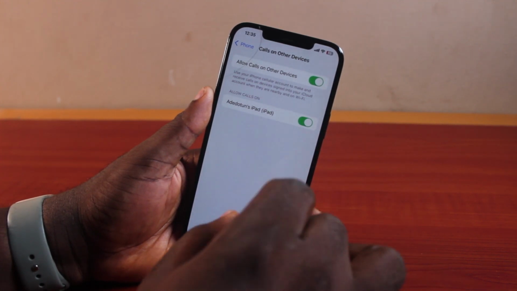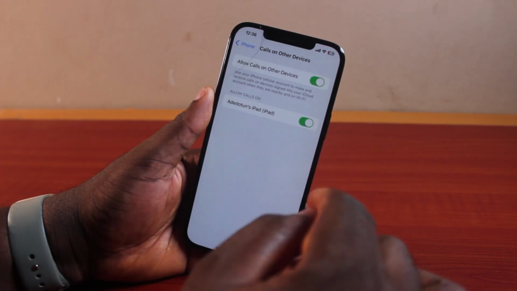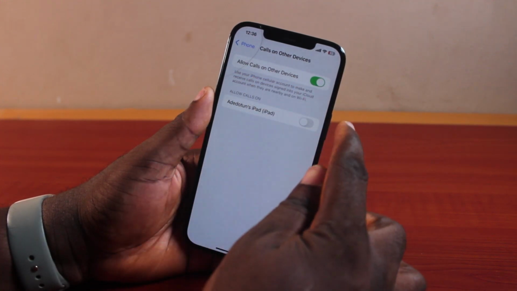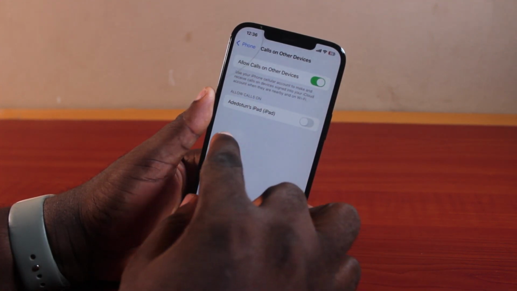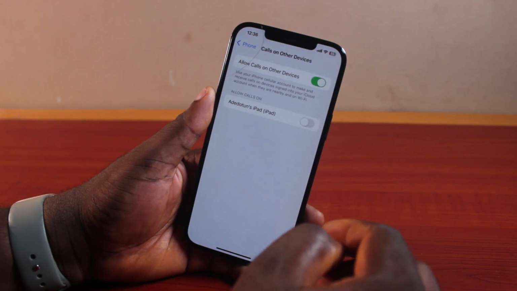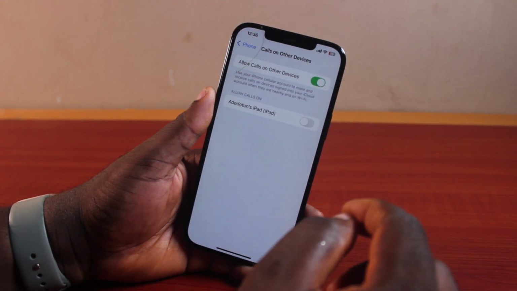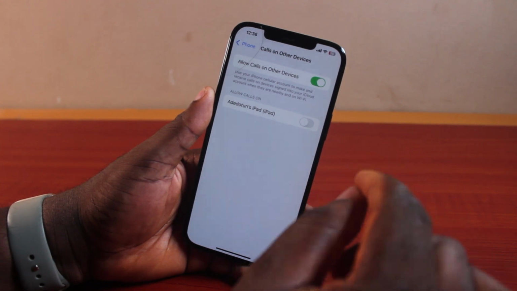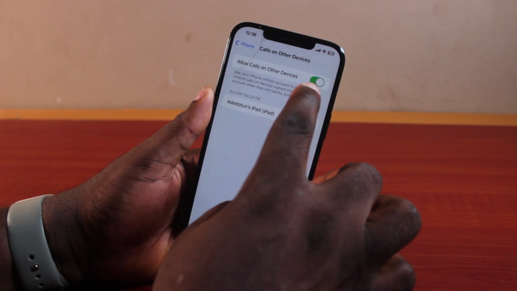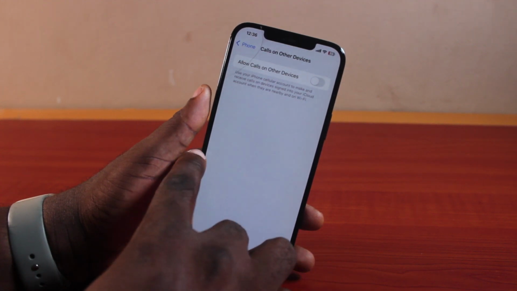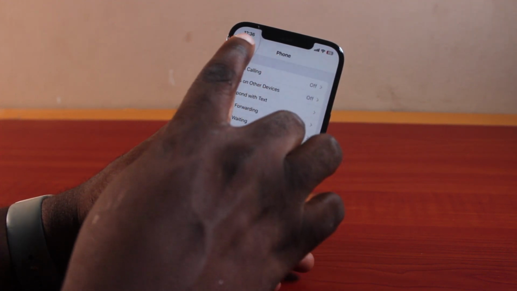Now, to turn off your iPhone call notifications on your iPad, all you just need to do is disable this. You can just let this be if you want to allow these calls to come to other devices you have underneath allow calls on, for instance, your Mac. But if you want to keep your incoming calls or call notifications on your iPhone alone, just go ahead and disable allow calls on other devices. And then once that is disabled, then you're good to go. That is going to turn off call notifications from